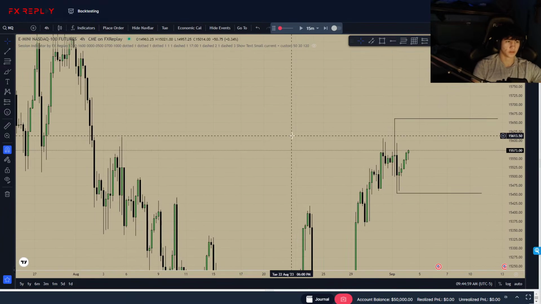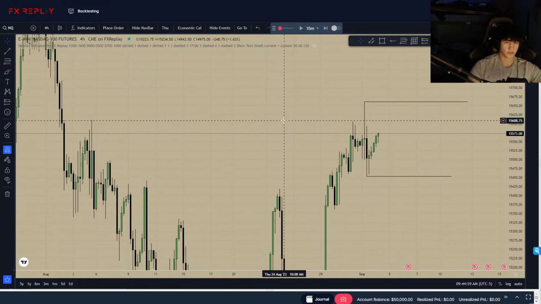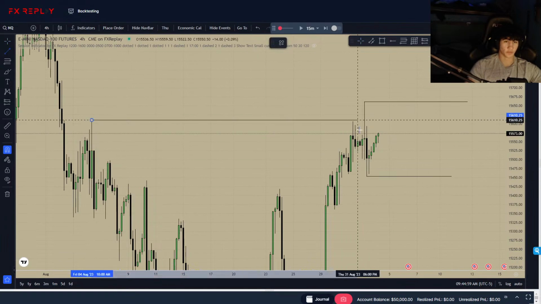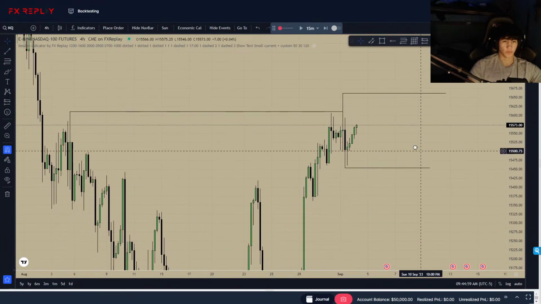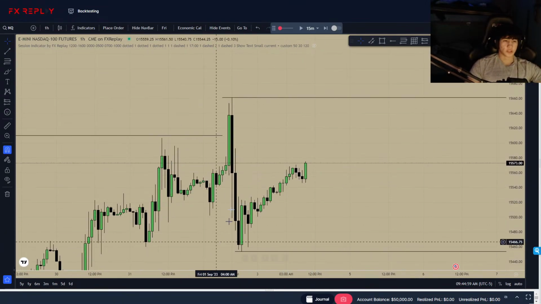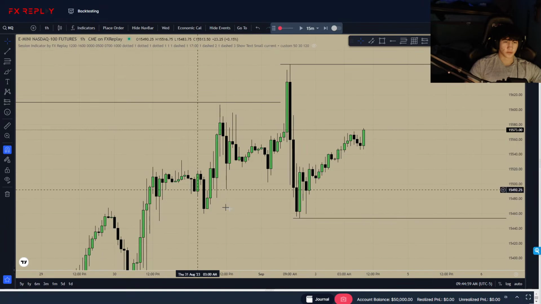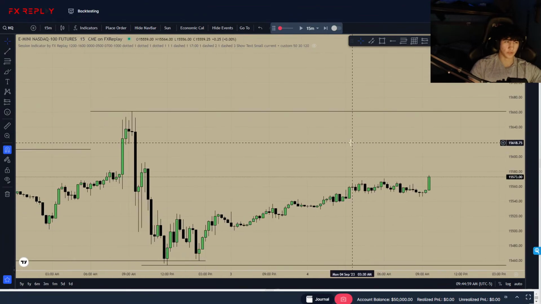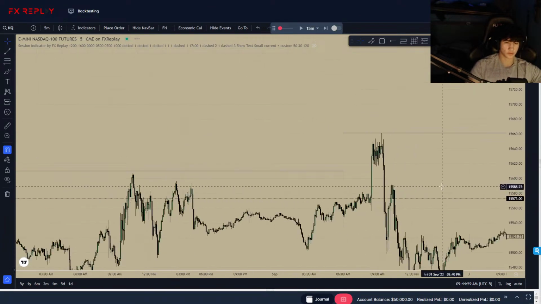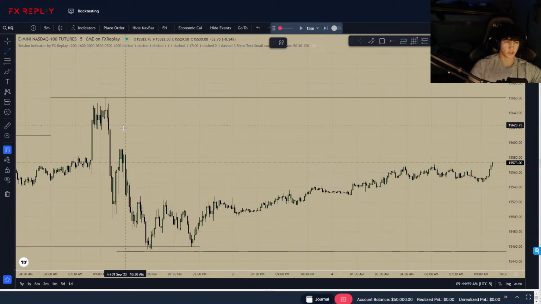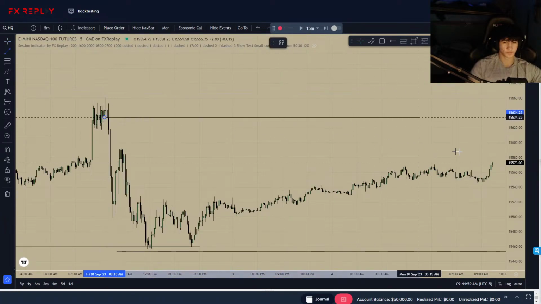Okay, and not many PD arrays we're looking at. We have this high up here that we took out. But as we're retracing up, we could have a potential rejection block up here, but I doubt it. On the hourly, usually we take out these lows. I'm expecting a slow retrace up higher. We could look for a mean threshold of an order block to reject off of, because that's usually what we do in these type of conditions. Yeah, a ton of accumulation up here. I just want to keep this order block marked out.